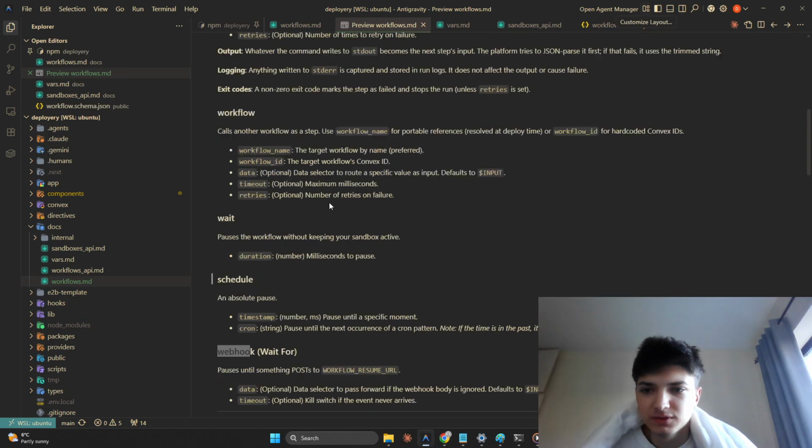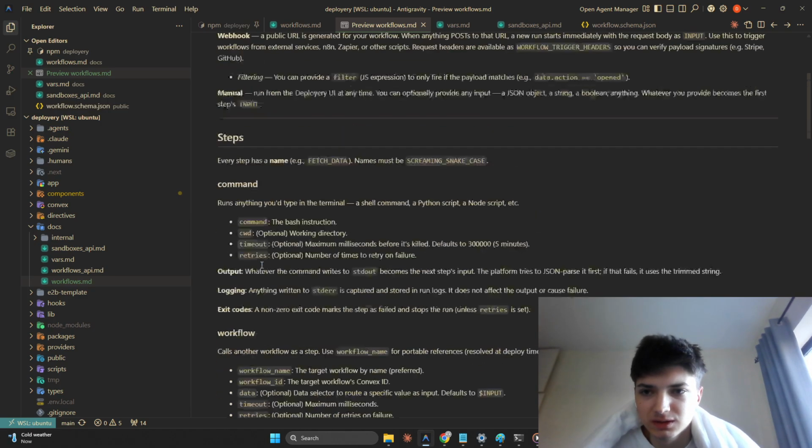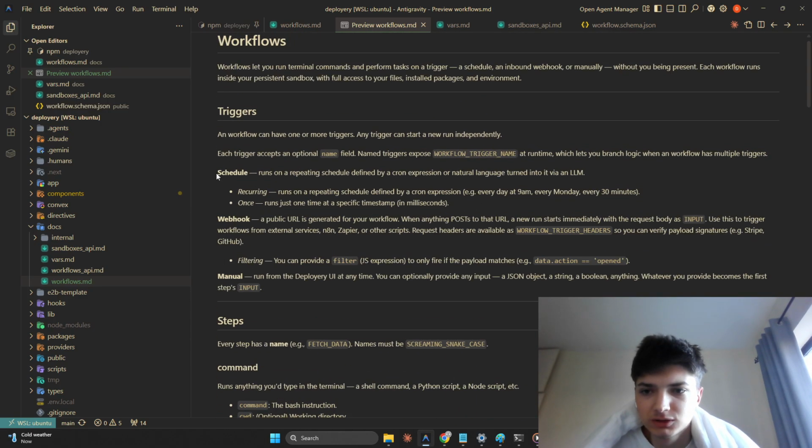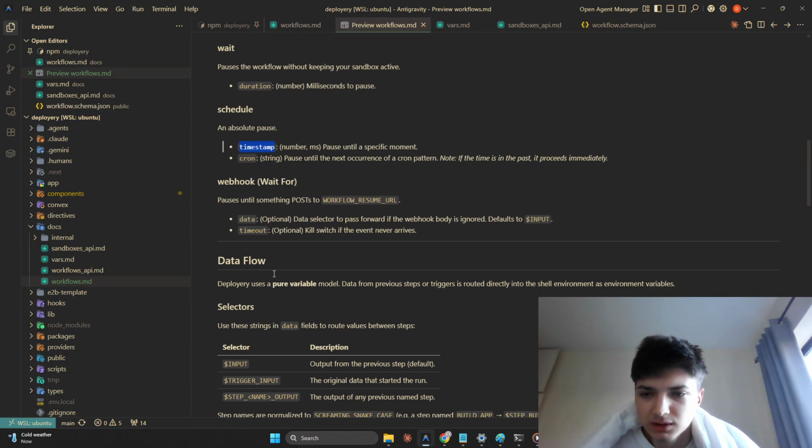And for the steps, if you have a webhook step, that can literally automate anything you can imagine. And so there's also a schedule step, which is literally the same as the schedule trigger over here. You can have a recurring schedule, so cron, and just a timestamp for it to wait until that timestamp.